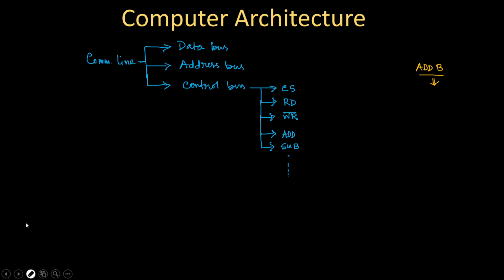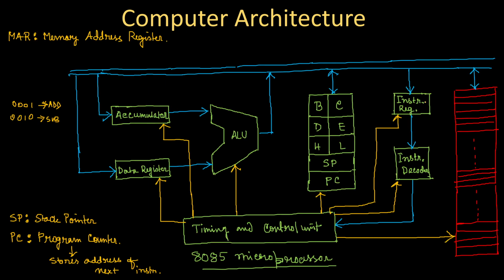This particular instruction means accumulator equals accumulator plus B. That means the content of the accumulator will be added with the content of B and the result will get stored in the accumulator. Now to do this particular job, suppose the instruction ADD B is present over here